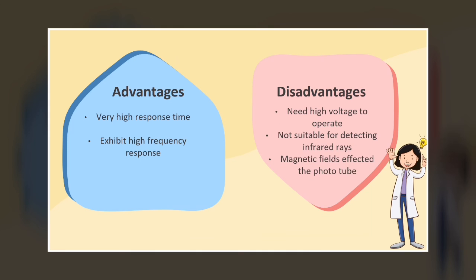Okay, for this slide, I'm going to explain the operation of the photomultiplier tube. In the previous slide, I already briefed you about the very high response time and also a little bit of the basics of the photomultiplier tube. For the disadvantages, it needs high voltage to operate, it is not suitable for detecting infrared rays, and lastly, the magnetic field effect will produce